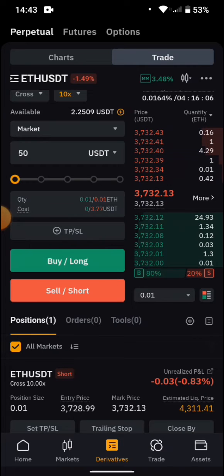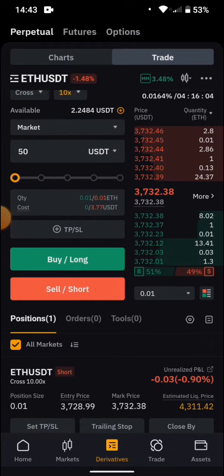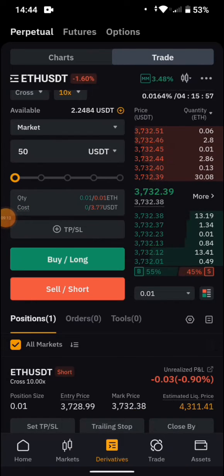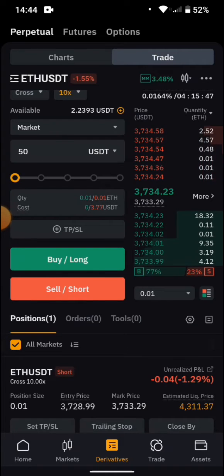Okay. So now if you look here, firstly, whenever you use cross margin, your liquidation price is going to be far away. So now you are saying the market is going to drop, but in case this particular Ethereum reaches $4,311, you are going to not only lose